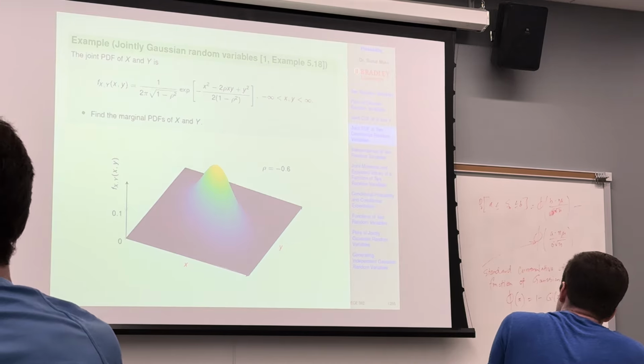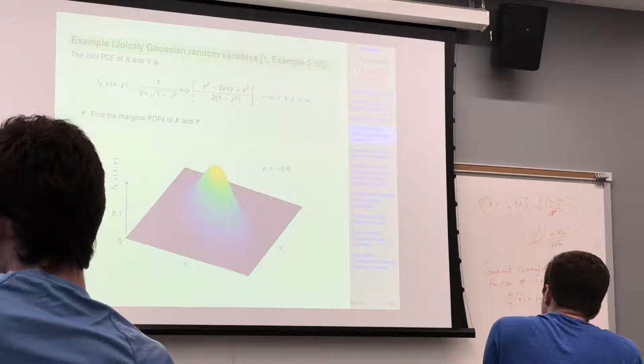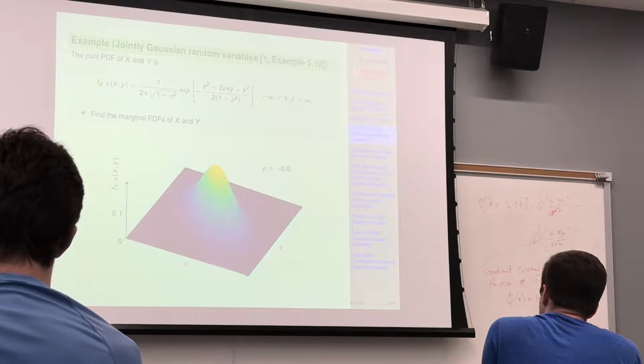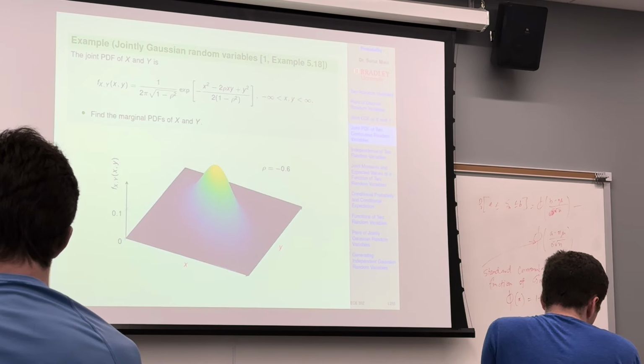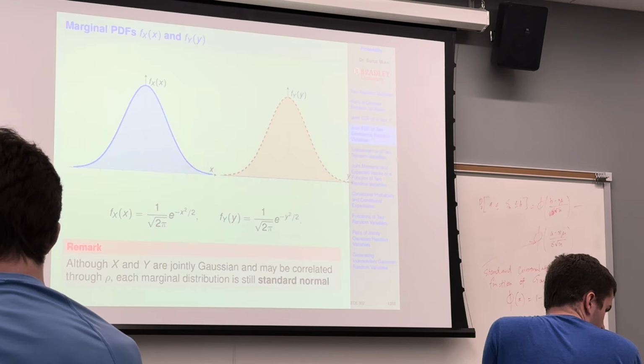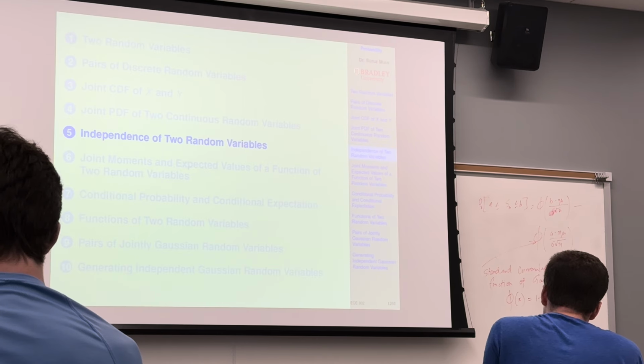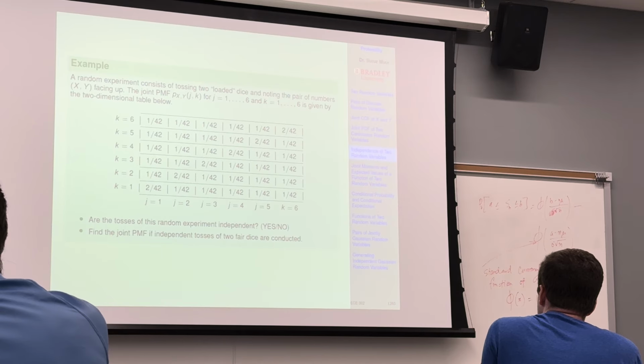How do we define the jointly Gaussian random variable, and how to come up with the marginal PDF given the joint PDF, and then we have